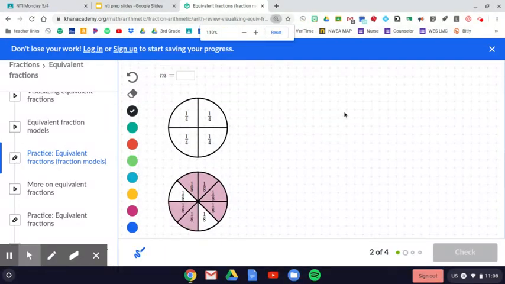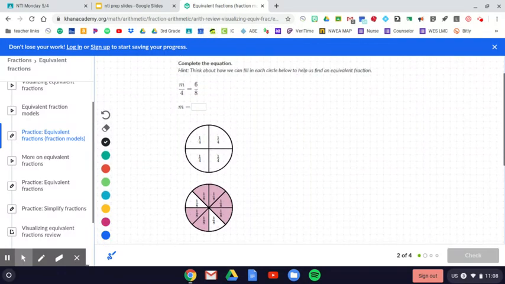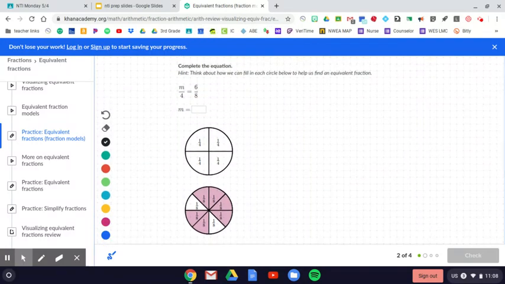Oh, it's a good one. They are shaded in a different way, trying to trick you, but make sure you read all parts carefully. Complete the equation. M/4 is equal to 6/8. Think about how we can fill them in. Oops. Sorry. Well,